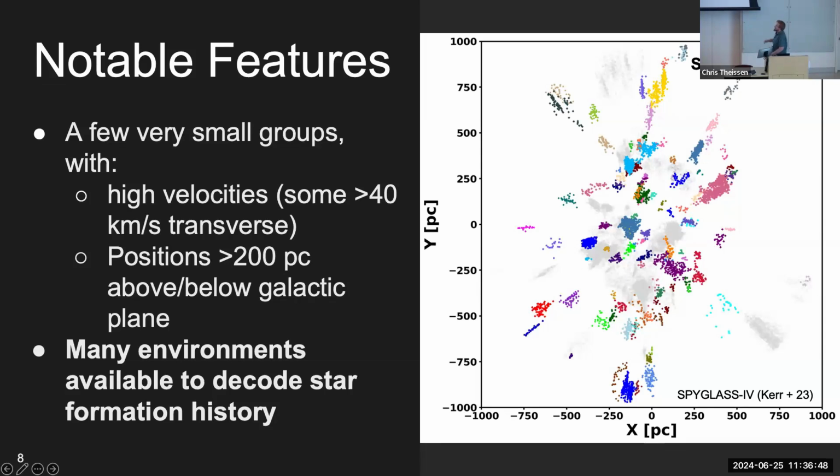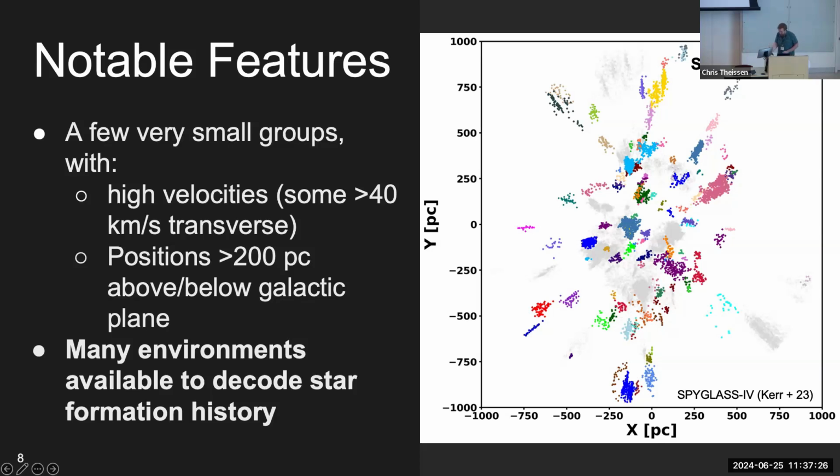So on smaller scales, we also have some interesting features emerging. For example, a group of small populations that have a combination of high transverse velocities and positions that can be upwards of 200 parsecs above or below the galactic plane. And this is very odd for a young population because they tend to have more or less solar motions and positions very close to the galactic plane. So we're interpreting these as potentially the product of gas parcels infalling from high up in the galactic plane towards the material in the plane and potentially causing star formation through that interaction. But bottom line through all this work is that we're getting all these new environments where we can decode star